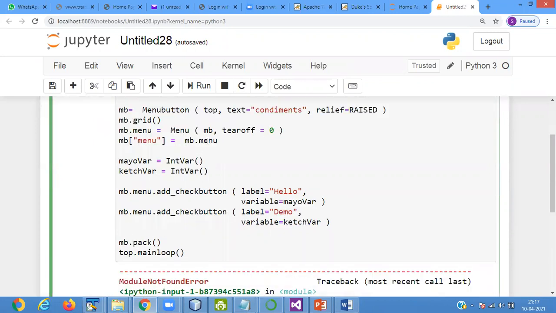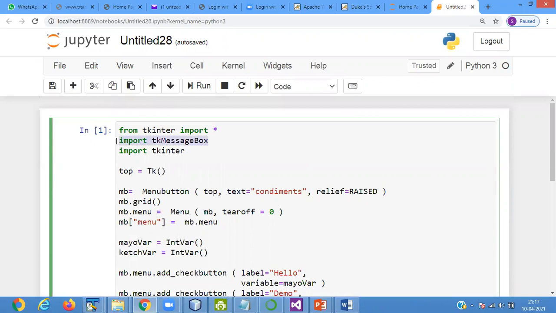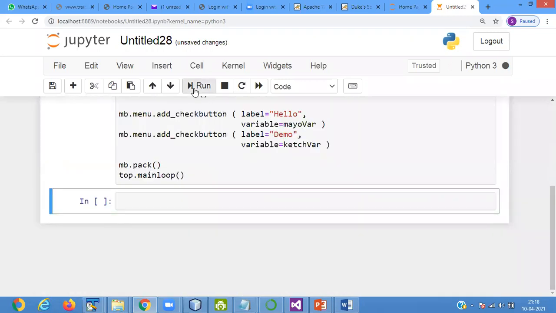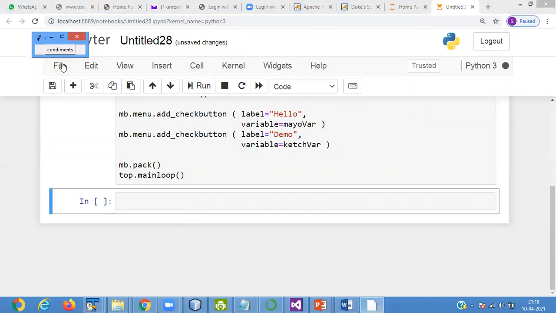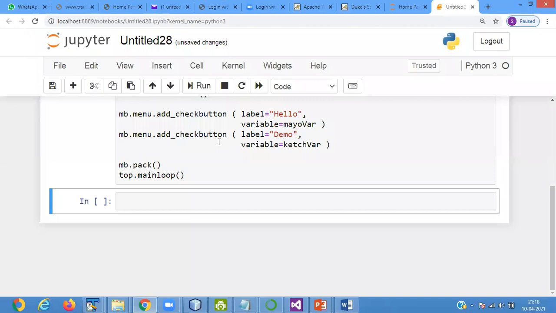Here message box is not used. I remove the message box. Okay, it is a menu option. When you click on it, it's saying you hello and demo. So what it is defined?